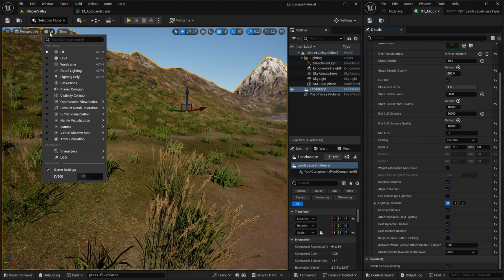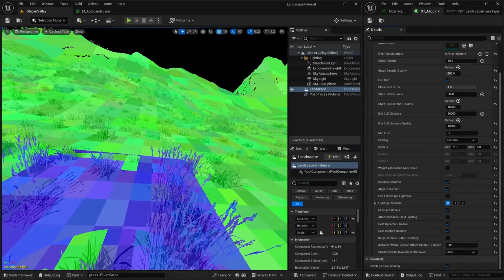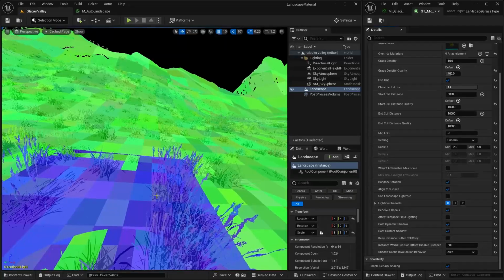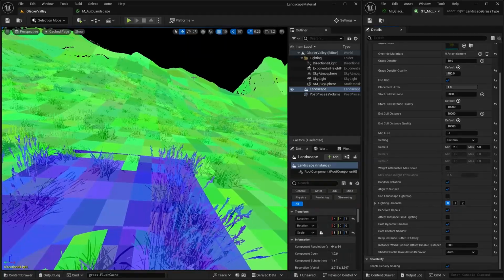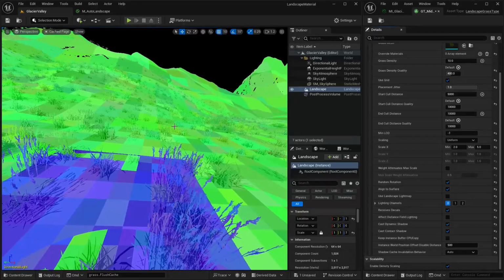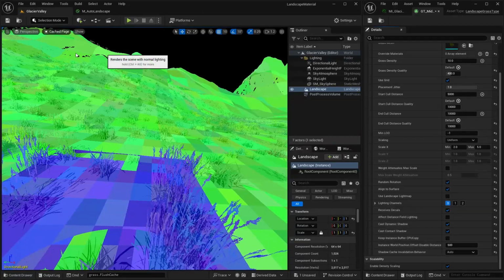So if we go back into that virtual shadow map cached page, can you see now that we just have this very small blue square for the plants that are around us that are moving, and now all these other ones are green, which means the shadows don't have to be recalculated. And that can save quite a few frames in your final project.